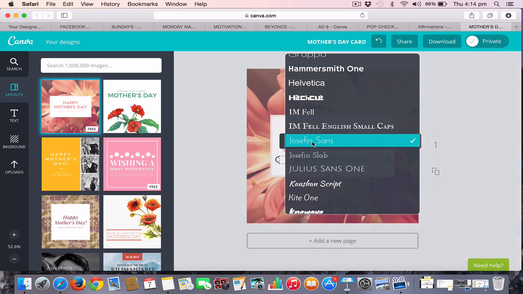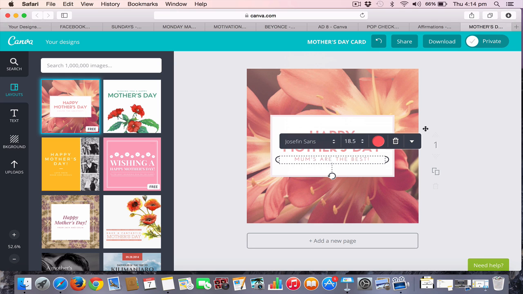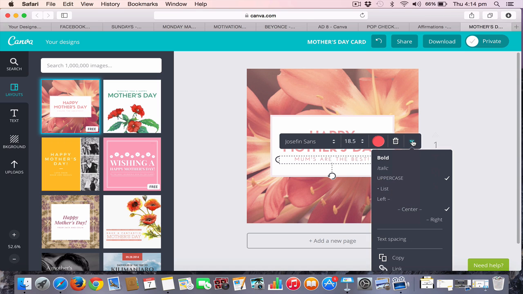And I can also change the font if I wanted to, all the custom fonts that Canva offers you, as well as change the font size if I wanted to. If I didn't want it at all, I could delete it once I click on this rubbish bin. Let's say I want to find some other options. I can bold this, I can italicize it, I can make it all uppercase,